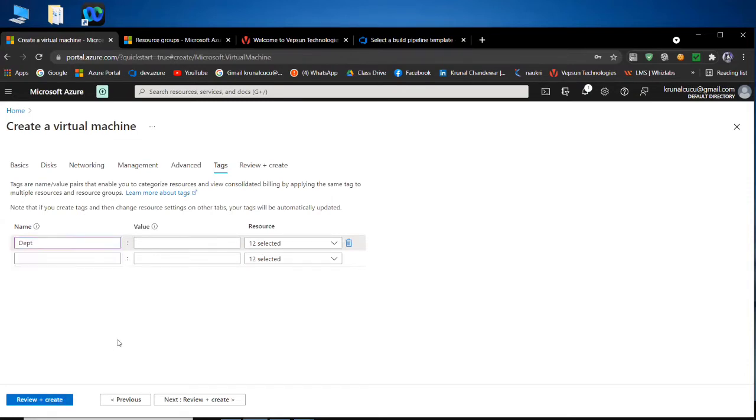Department is our tag name, and we will define the value. Means whatever virtual machine we are creating now, that virtual machine belongs to the CSE department. Okay, so you can easily identify your virtual machine with the help of tag. So that's why we wrote here name department and we gave it the value CSE.